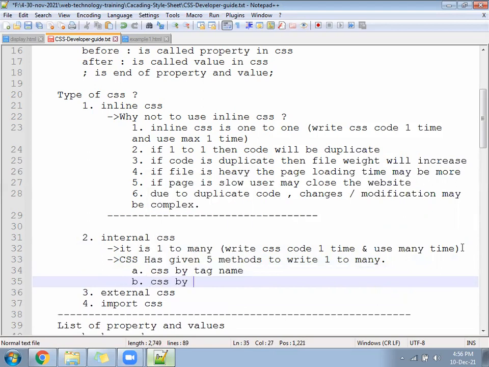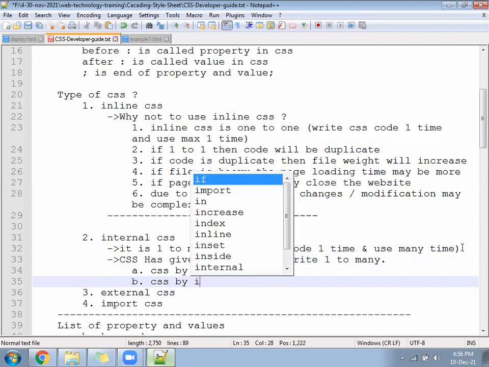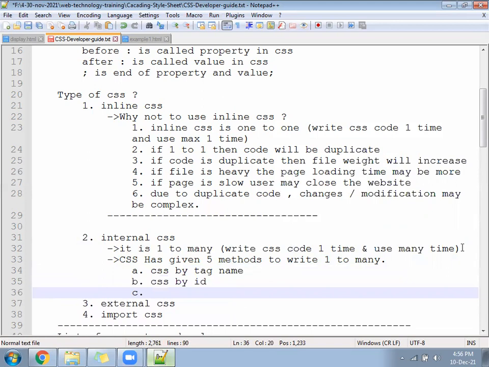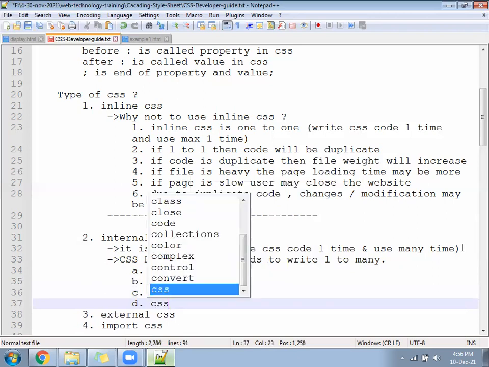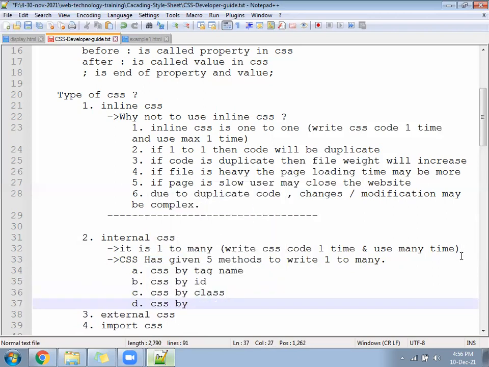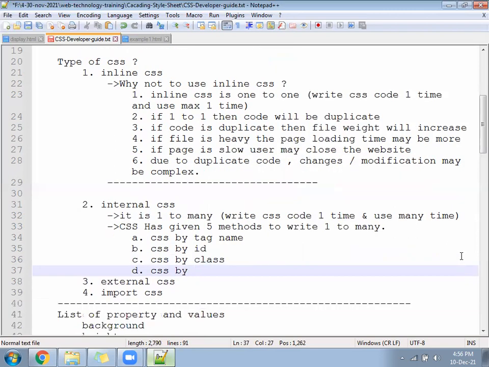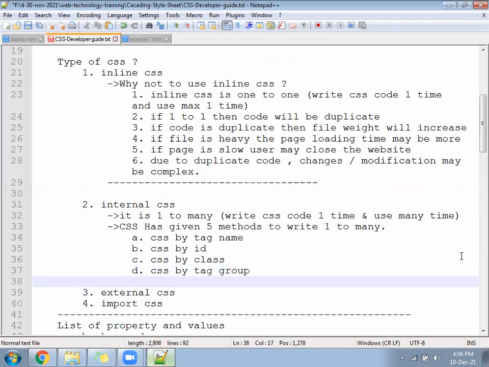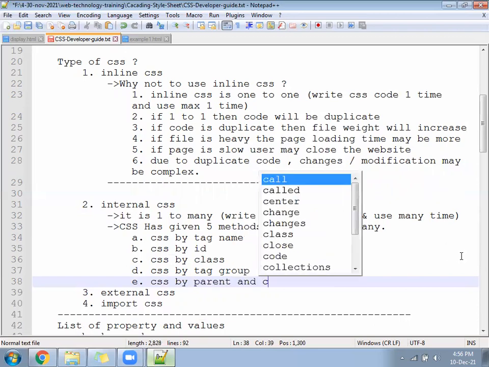C, CSS by class. D, CSS by parent child or maybe tag group. Last, E, CSS by parent and child tag.